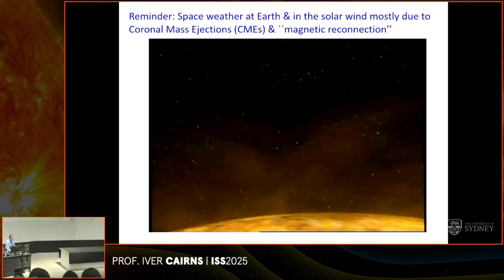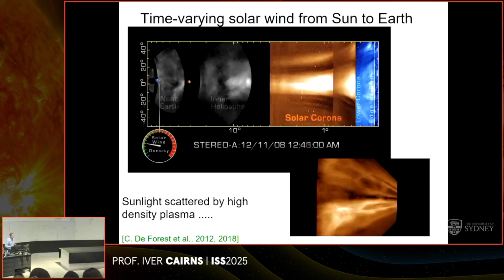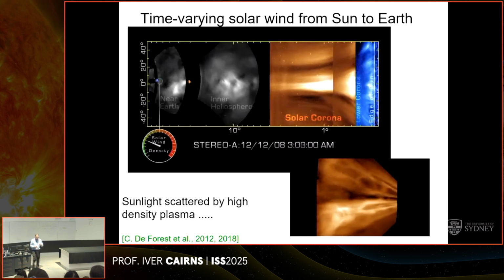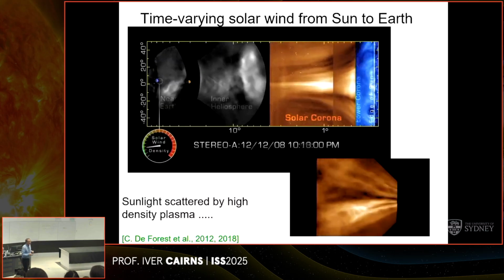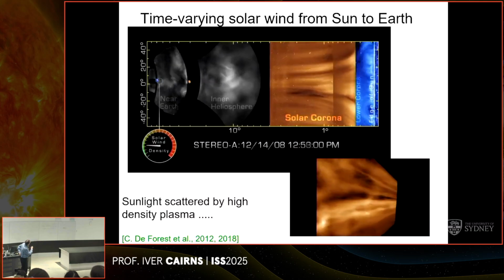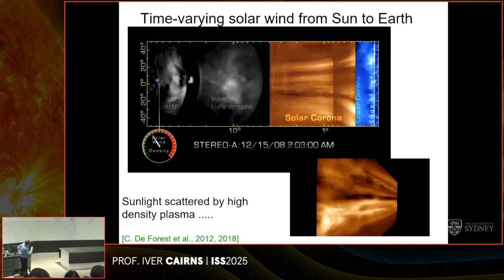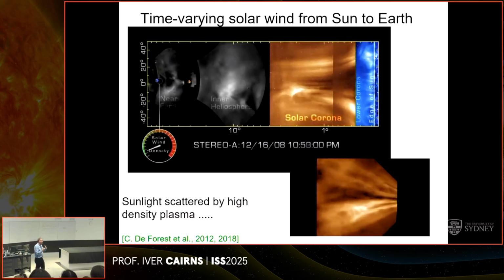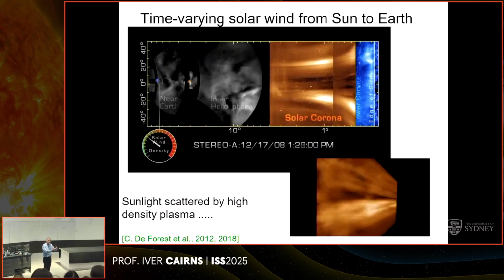So maybe I don't need to do the reminder here, and we'll instead just look at this. So what are we looking at here? What we're looking at is data from the STEREO spacecraft, looking from the sun, so close to the sun, basically to the Earth here. Here's Venus, and we're looking in white light, just looking at that light being scattered by protons and electrons in